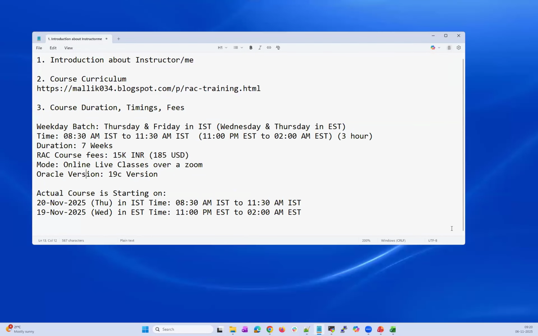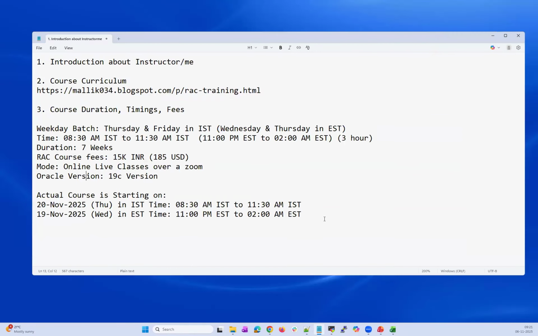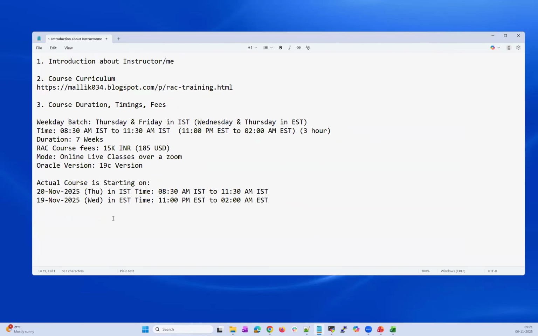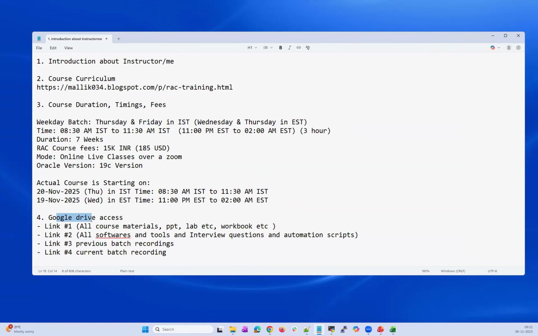This is my way of assisting all the students with the Google Drive access. What does Google Drive access mean? I'll be providing access to four Google Drive links: link 1, 2, 3, 4. All the course materials, like PPTs, lab exercises, workbook, and all the PDFs I refer to in this course, will be placed under link one.